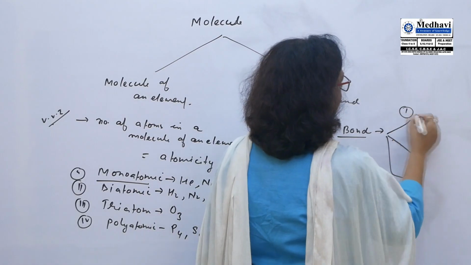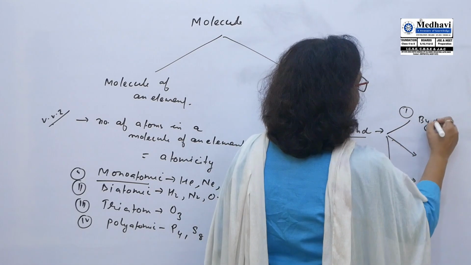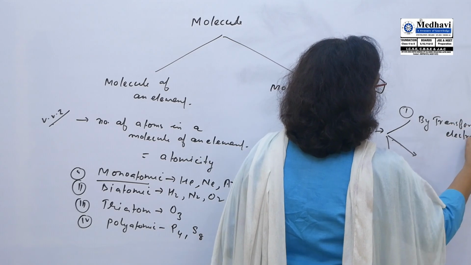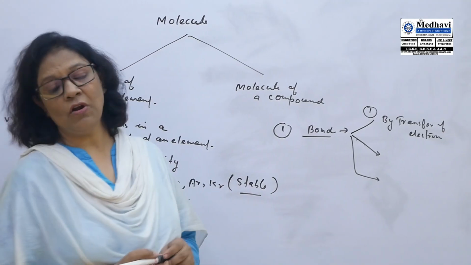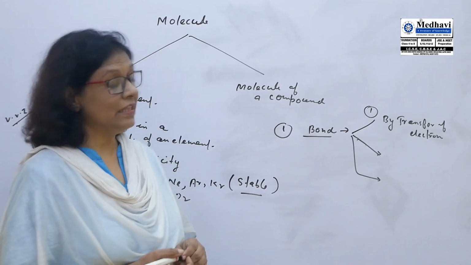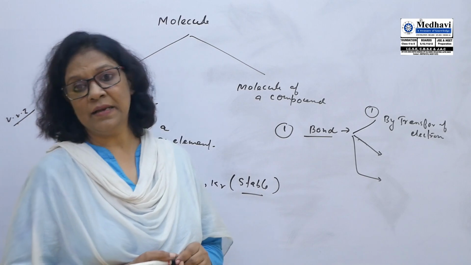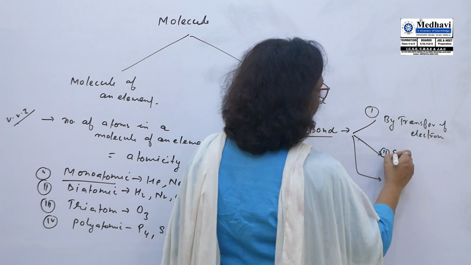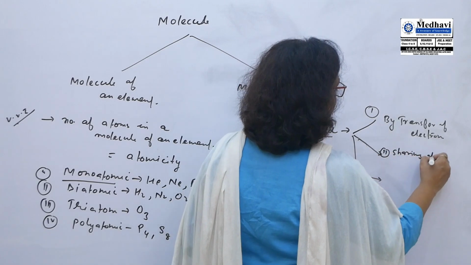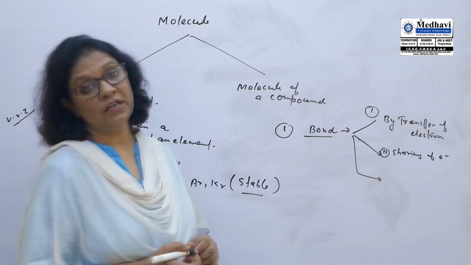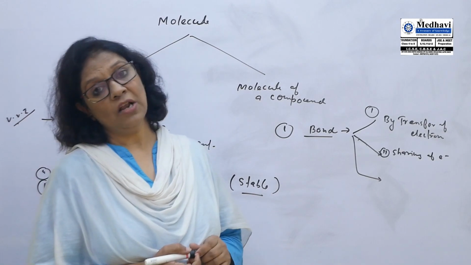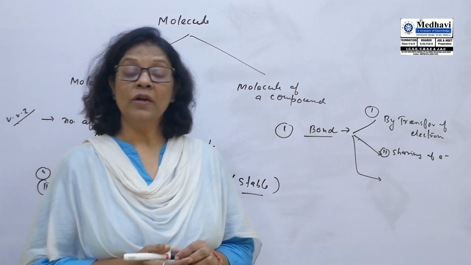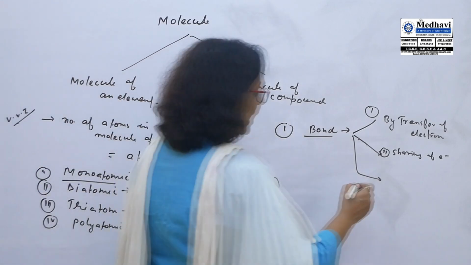First is by transfer of electron. When the transfer of electron takes place between 2 atoms, then in this way stability of the given compound or the bonded atoms can be fulfilled. Second, by sharing of electron. Here, sharing of either one pair, two pairs or three pairs of electrons takes place between two similar atoms or between two different atoms. And third